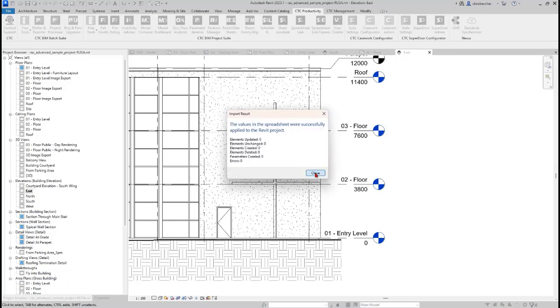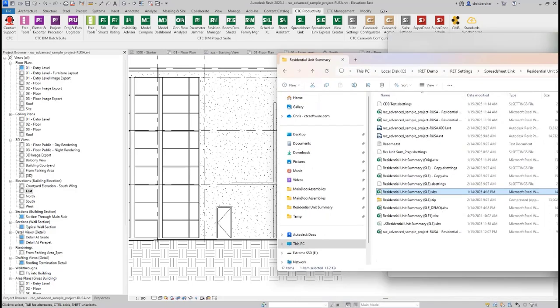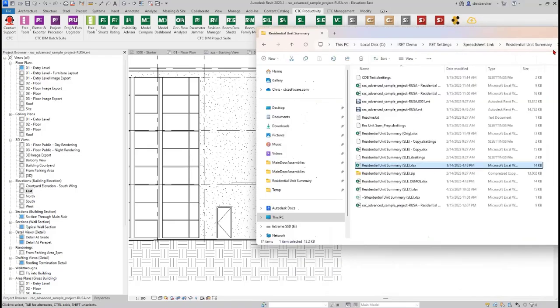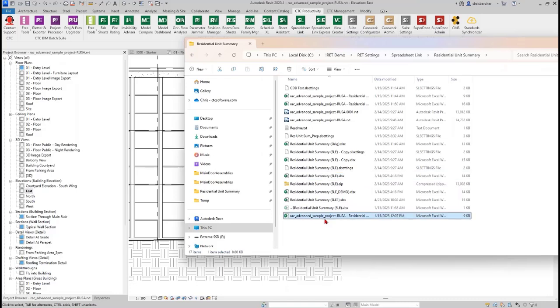There is a secondary workflow that can be baked into this if we wanted to. So I'll explain that in a moment when we do the setup. It's not an error, it's just a message. Now I'm gonna go to my folder explorer here. Oops, I didn't mean to do that. And it just kicked out this file right here. And I know that because of the date timestamp just now. And I'm gonna open it up for you so you can see